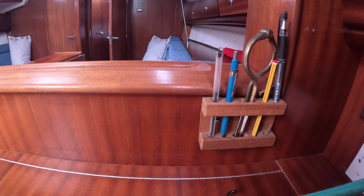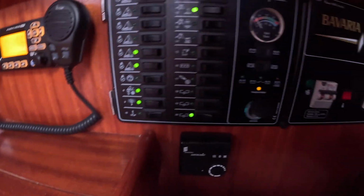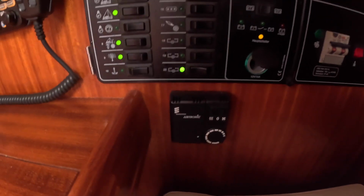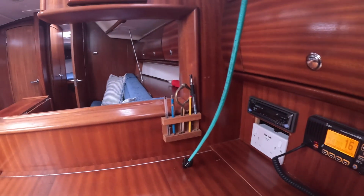And if I actually just take a seat here, you've got your dividers there, you've got an area to keep pencils and pens, you've got your DSC radio tucked down there, and then all your switch gear. You will also spot here, you've got your Eberspächer heating. So the boat's got diesel-fired heating, so even going into the winter period, you've got the opportunity